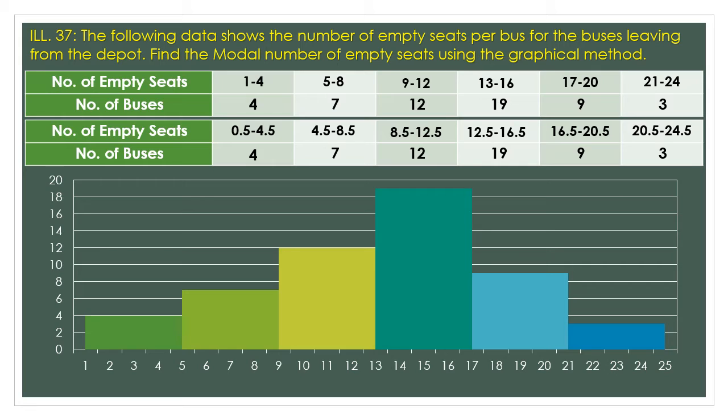No, we still need to do one last thing so that we can get the actual value of the mode. Okay, now looking at the data, you can naturally see that mode is the class with the highest frequency. So right now, which bar has the highest height? Then it would be the one with the dark green color, that is the frequency of 19. The class is 12.5 to 16.5.